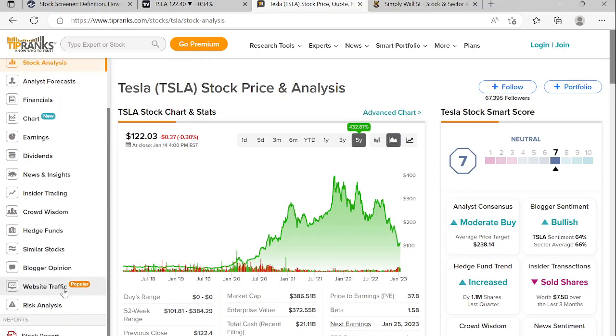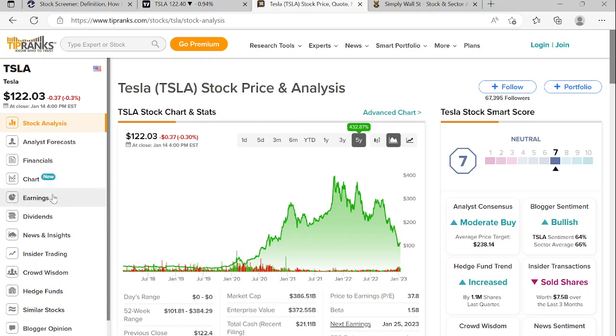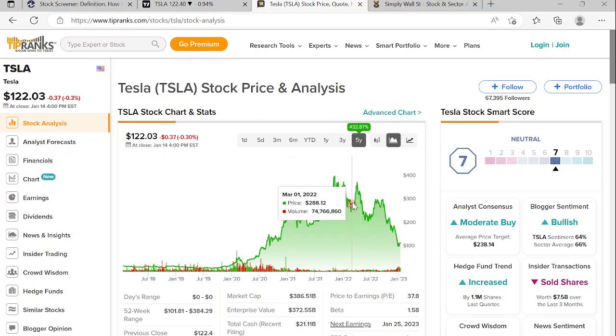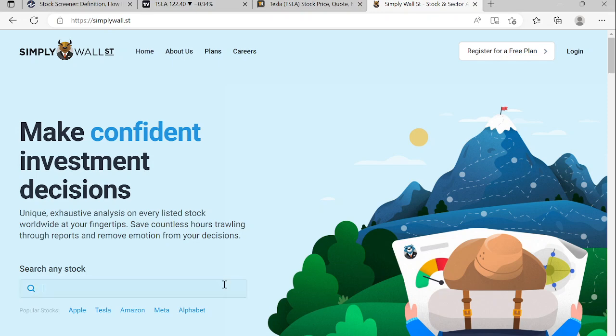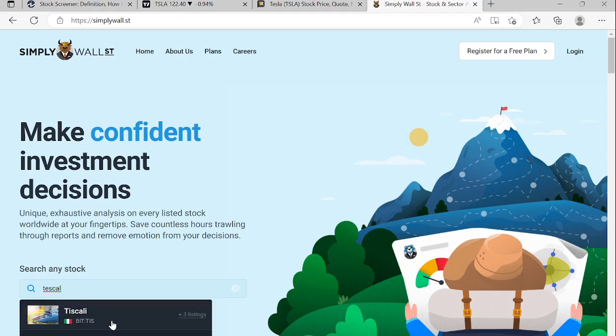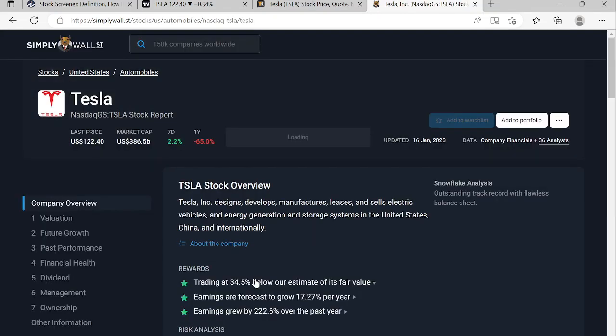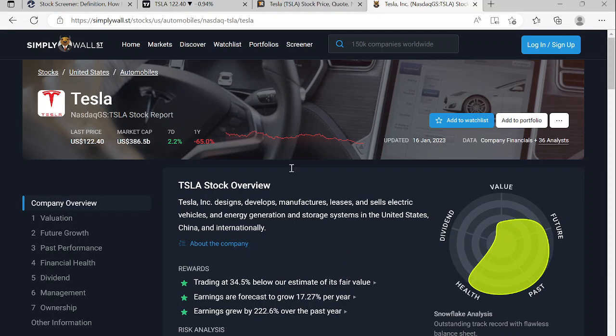So it's up to you, of course, to do the research, see what you believe in, but that's pretty much a big help for picking individual stocks. There's another one here that we can see. So each of these platforms can give you some information. So it really depends on what you're looking for, what you value most. So here again is another nice dashboard, and